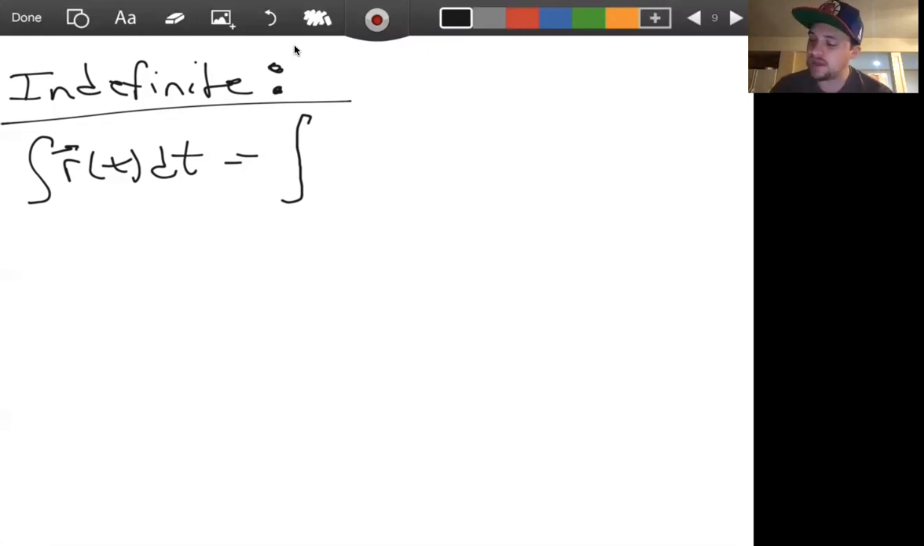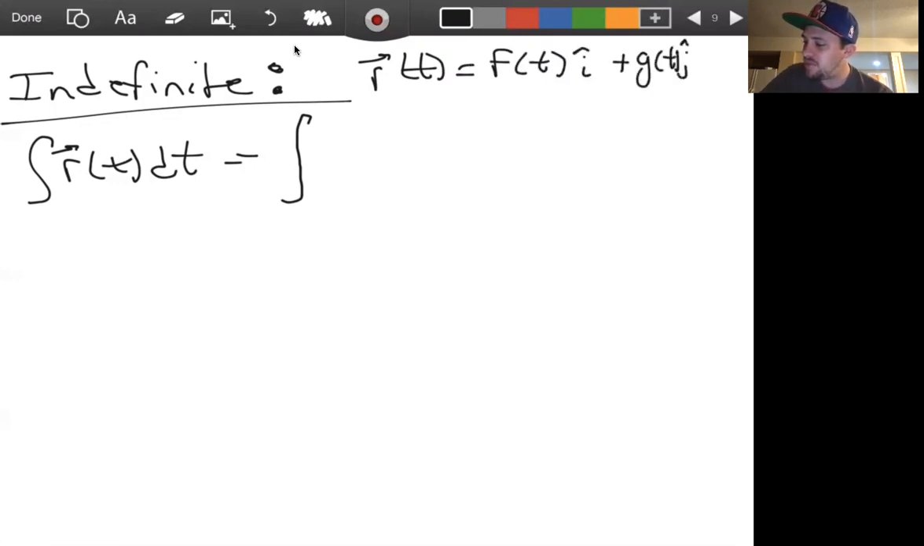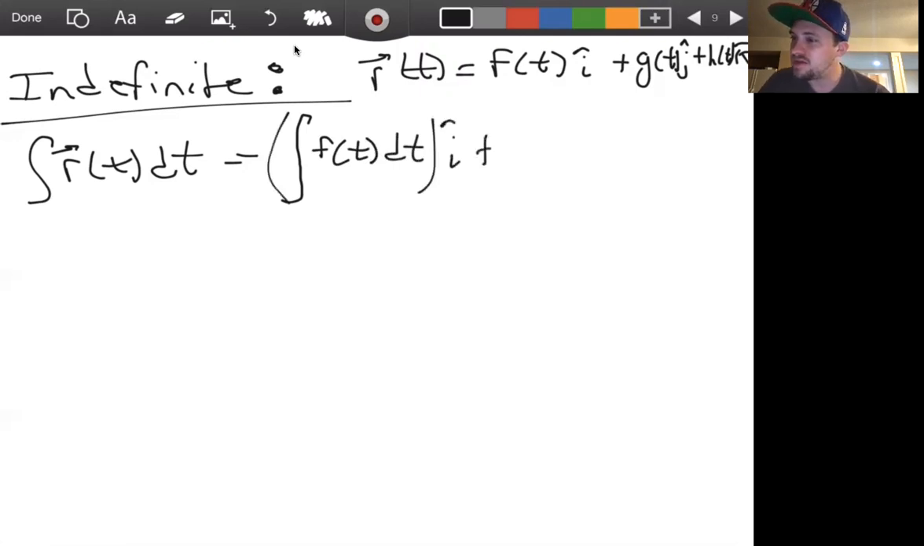And because of that, we can say that if r of t is f of t i hat plus g of t j hat plus h of t k hat, just like we've been defining r of t, well then, since the limit splits component-wise, we can also split the integral component-wise, right? So this is the integral of f of t dt i hat plus